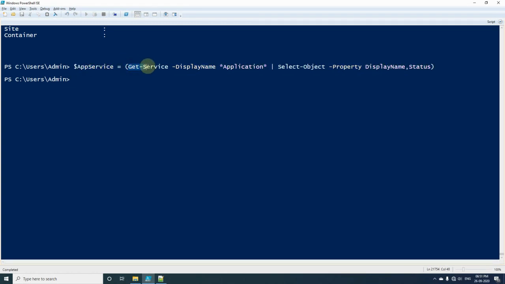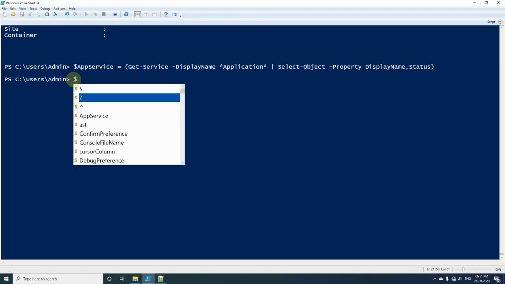So here this commandlet is getting the services whose display name is matching with application, and from that we are selecting only display name and status of the services. All the output we are getting using this line is stored into a variable called app service. And now if I want to export the object which is there in app service,